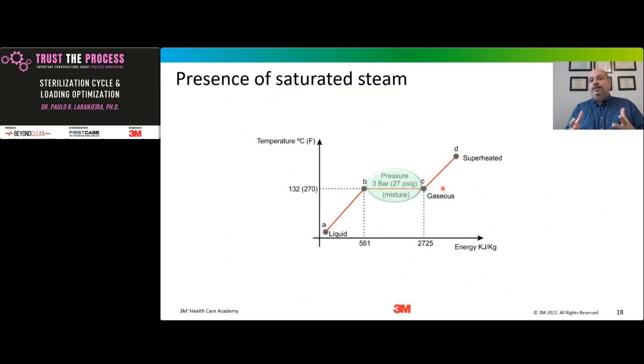With dry heat, we don't have latent heat, so we only have temperature. People that used dry heat in the past will recall that we needed higher temperatures for a longer time to inactivate all the spores. Therefore, if I have superheated steam, I will not be able to inactivate spores in a 4-minute exposure. Okay?